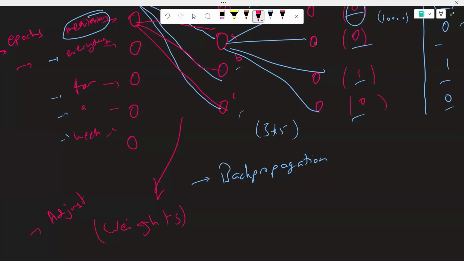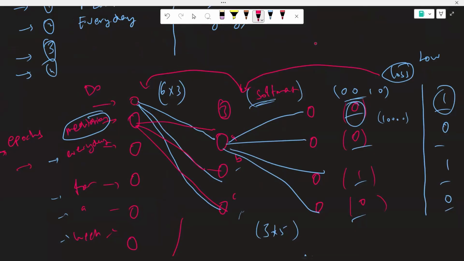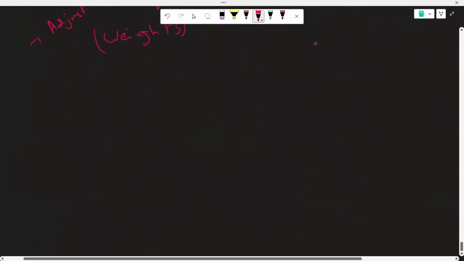Okay. So this is input. You pass, let's say, meditation. An arbitrary or a dummy representation is created. Using softmax, we'll try to convert it to probabilities. You will get a representation of meditation. This is the entire representation, which is for meditation. Okay. Now I'll do it for every day. I'll get a representation for every day. I'll get it for, and so on. Like you pass all the words and you'll get different representations.